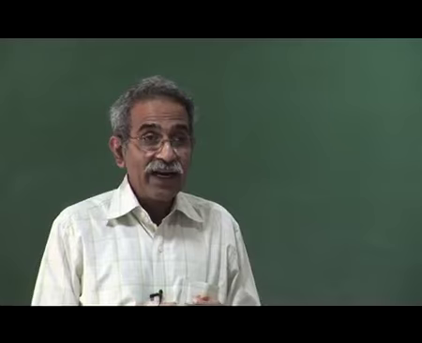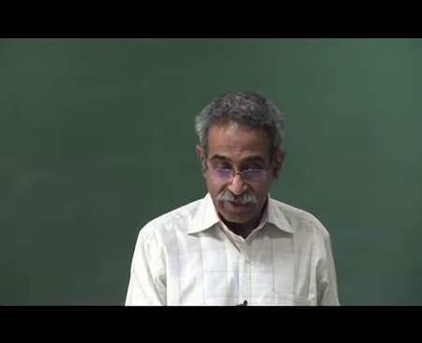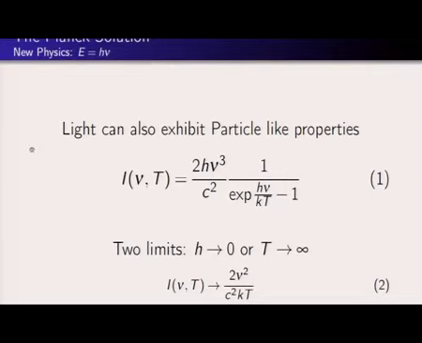This appears like a qualitative explanation, but of course Planck did something much, much better. He was able to derive this expression for the intensity as a function of frequency and temperature. So you have e to the power of h nu by kT, h is the Planck's constant, and you see that in the limit h going to 0 or T going to infinity, you get back the classical limit. He was able to recover the classical limit, 2 nu squared over c squared times kT, that is one thing. Or if you say that this exponential is much, much larger than 1, if h nu by kT is very, very large, it will look like the Maxwell-Boltzmann distribution. That is what we have.